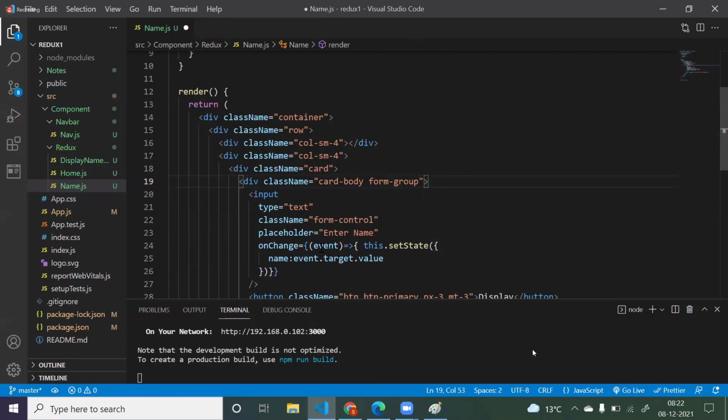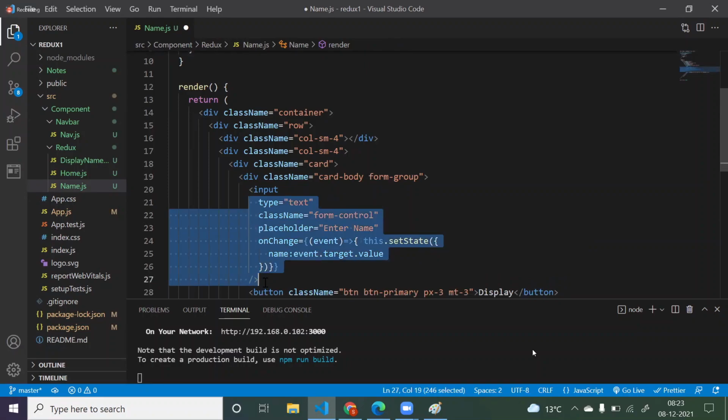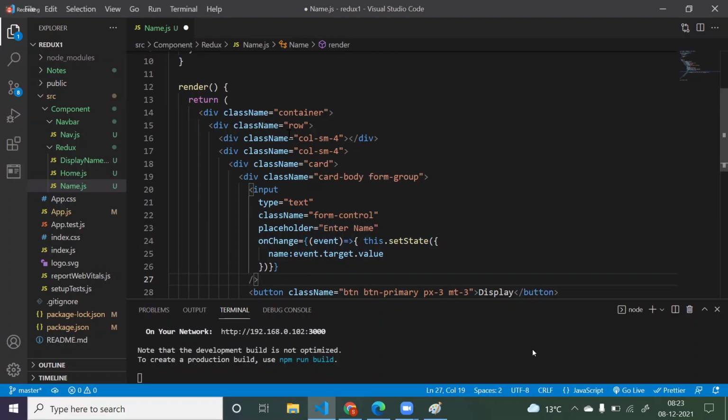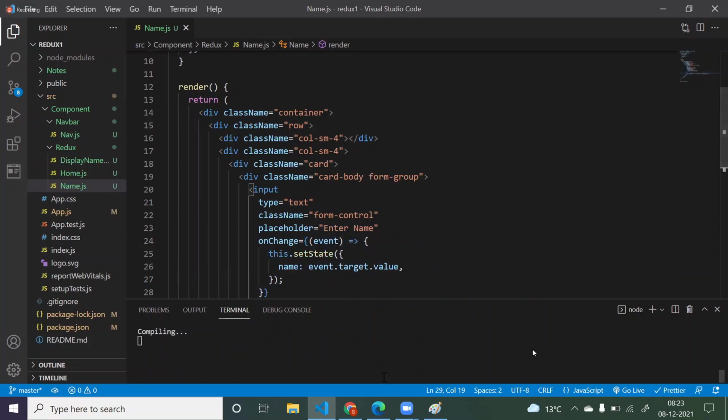Event is a predefined object in JavaScript, passed to each and every function by default. From this event object, you can do all the operations on this particular element. What operation do I want to do? Just I want to take the data of that input box. So how to take? Simply you have to say event.target.value. That's it.